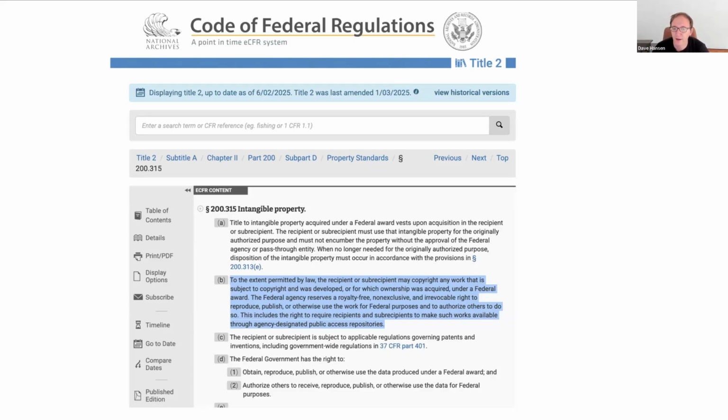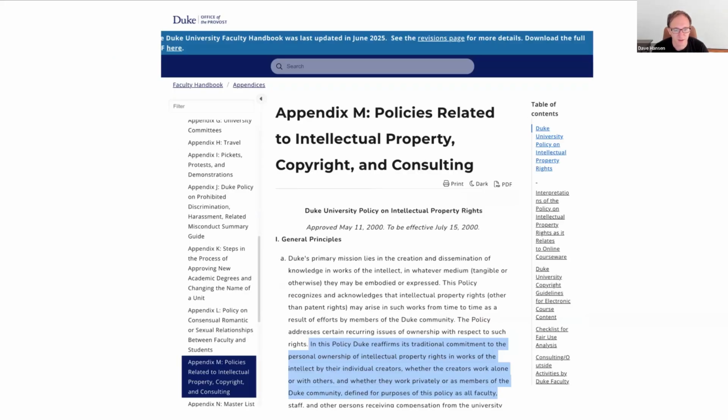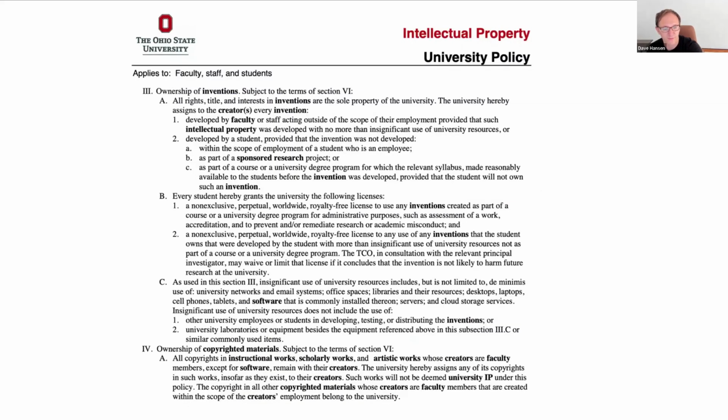And it says that grant recipients may copyright their works, but the federal agency reserves a royalty-free, non-exclusive, irrevocable right to reproduce, publish, and otherwise use that work, and that includes making it available through agency-designated public access repositories. It's pretty clear that they have a license to do this. One of the important points here is how does that then connect to university IP policies that in general hand back rights to the faculty that say, regardless of work for hire or whatever, we believe that faculty should hold these rights. And the answer is in these little carve outs, like what you see here for Ohio State,